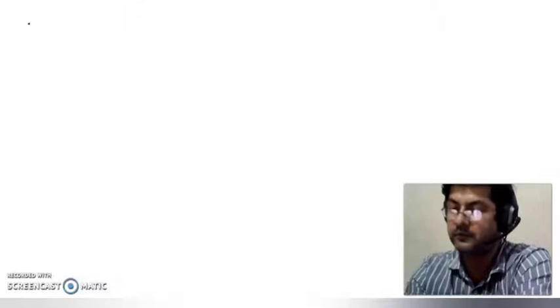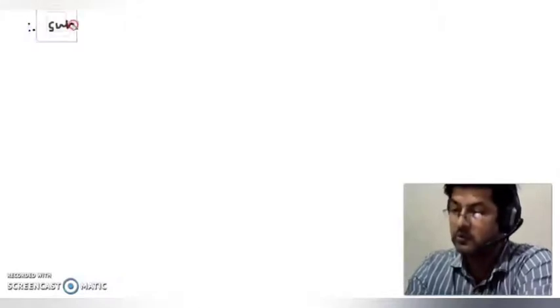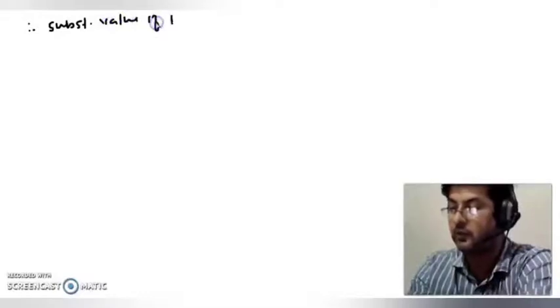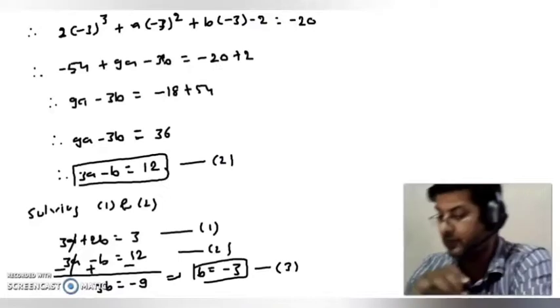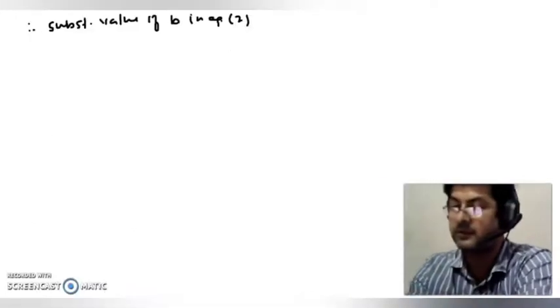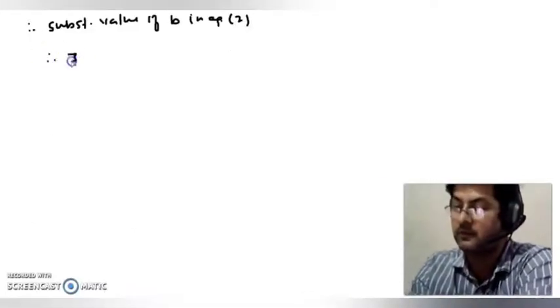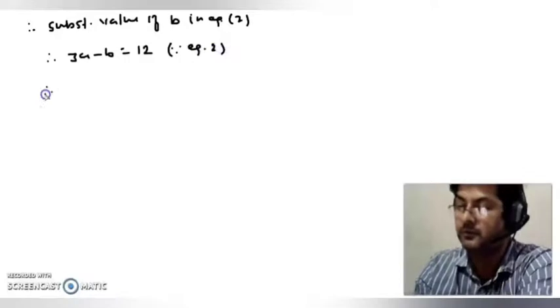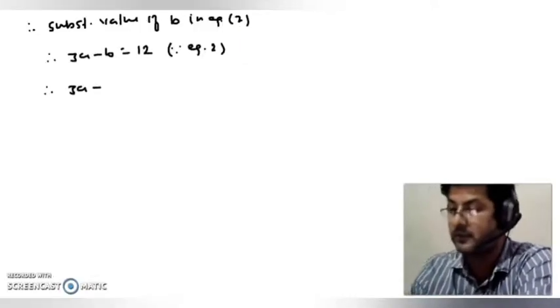Therefore, substituting value of b in equation 2. Now what is equation 2? 3a minus b is equal to 12. This is equation 2. Therefore 3a minus value of b, which is minus 3,